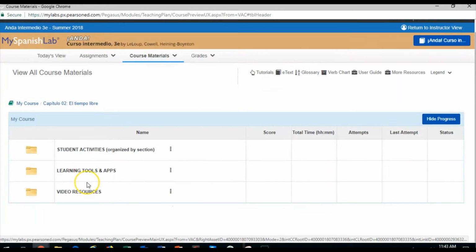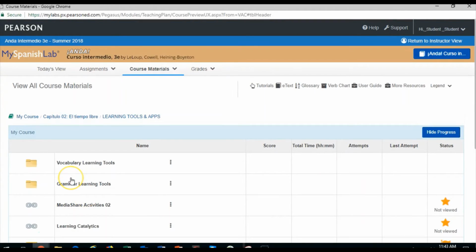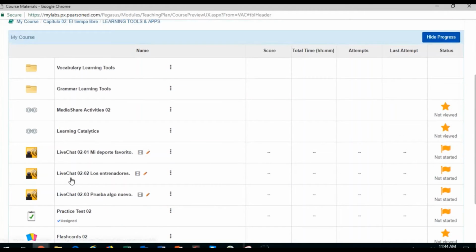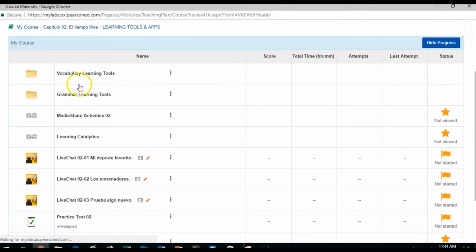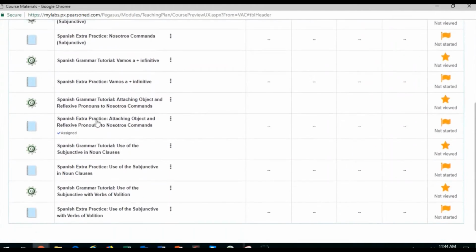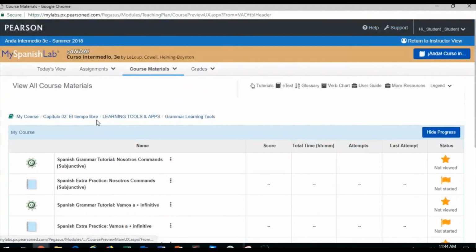You also have learning tools and apps. So this has some flashcards. It has practice tests. So a lot of different, as well as grammar learning tools, as well as vocabulary learning tools. So a lot of different areas here and different activities that you can use to practice